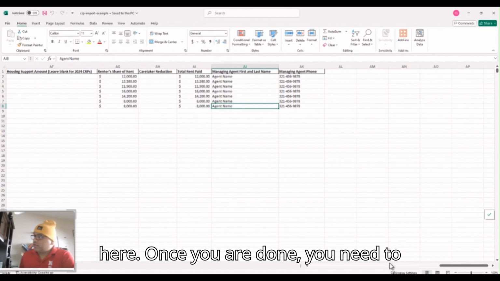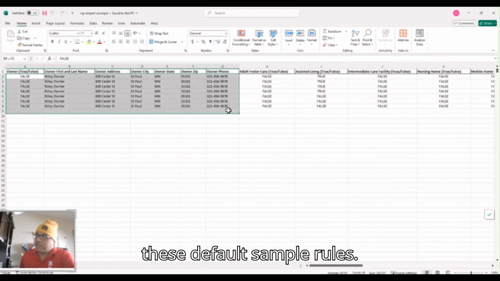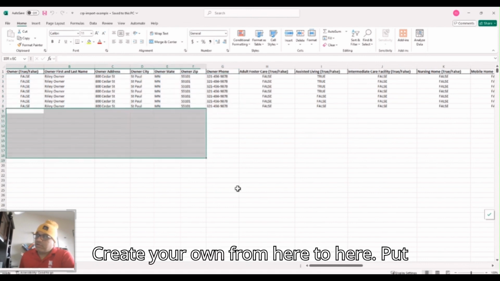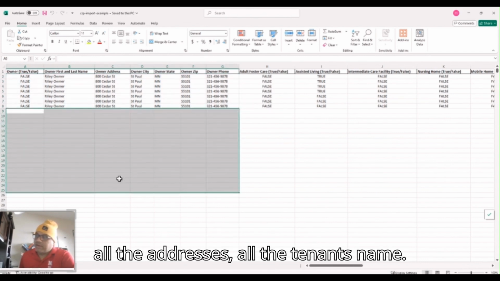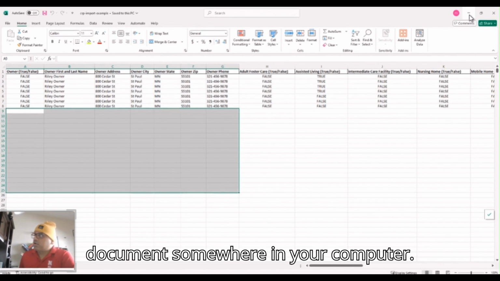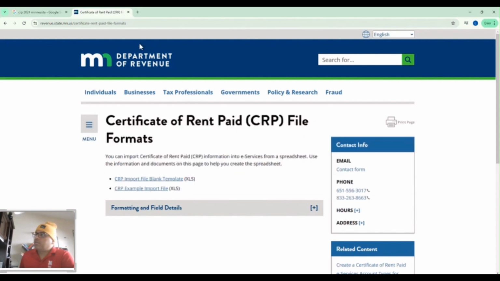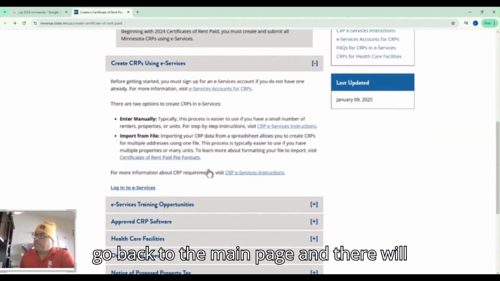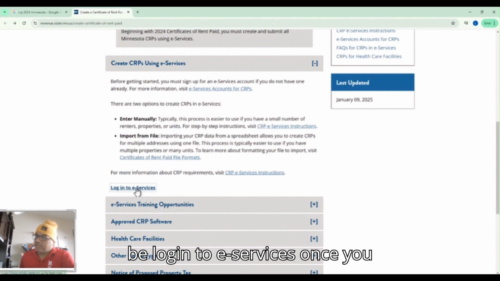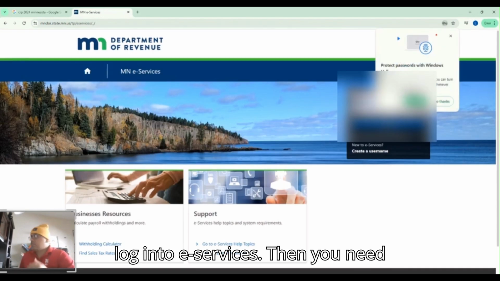Once you are done, just delete all these default sample rows, create your own from here to here, put all the addresses, all the tenants' names, fill out all the information, and save this document somewhere in your computer. Now go back to the CRP website. Go back to the main page and there will be login to e-services. Once you log into e-services, then you need to